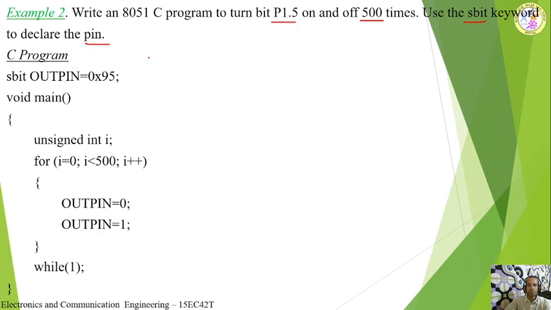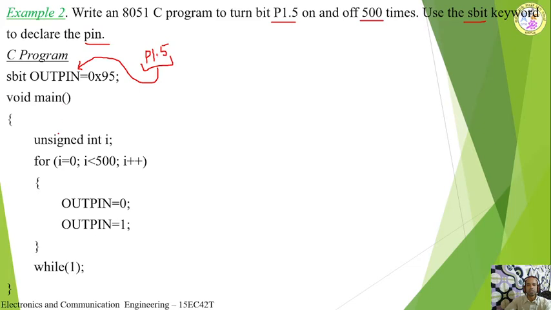I am giving a name to P1.5. I have given a name to the P1.5 pin, that's all. The name is out pin. So I have given the name out pin to the pin P1.5. You can give any name here. You can give J, you can give K, I can write your name as this pin. So 0x95, I am assigning this address to this variable name. Now wherever you use out pin inside the program, that will reflect in P1.5 pin.